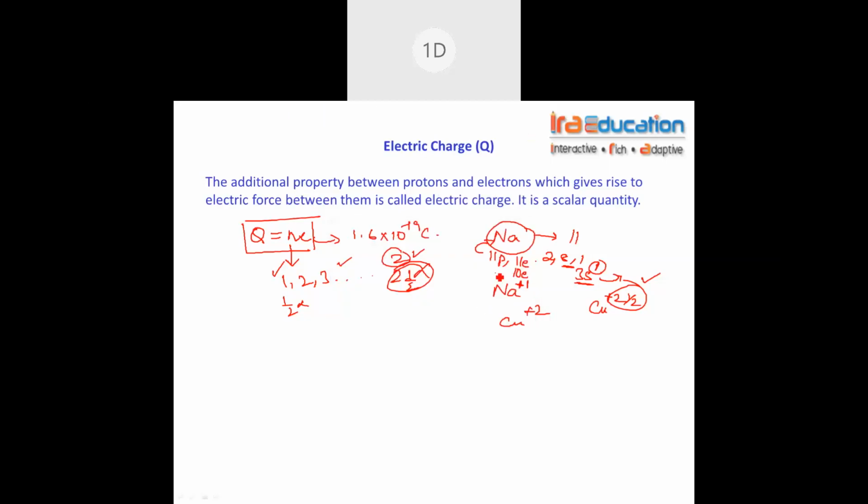Okay. So you always saw that it was an integral number that's being lost or gained. That's why we say it's an integral multiple of the number of electrons. Okay. I'm just clearing the screen so that you can see the other things clearly.